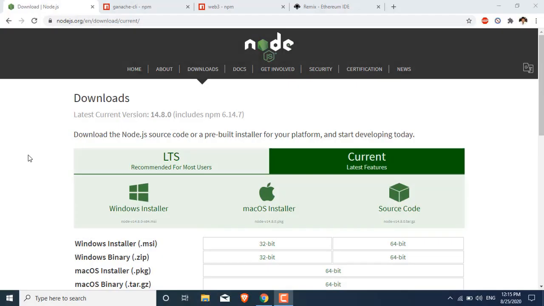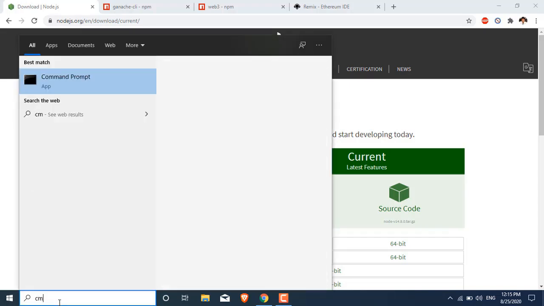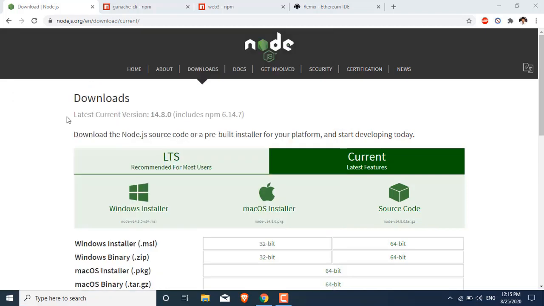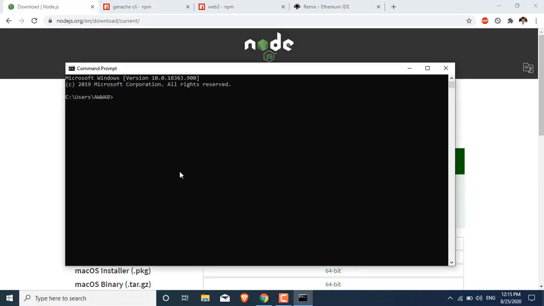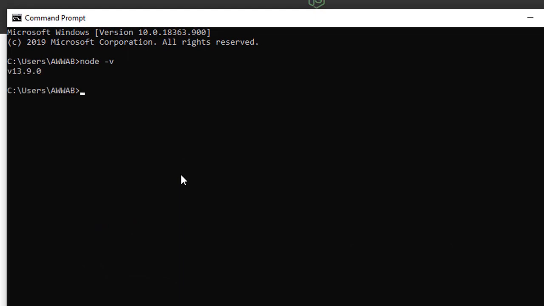So great, now we are going to make the web app which will interact with our Ethereum contract as we discussed before. To make sure that you have Node.js installed, you need to open the command prompt and write node -v. So as you can see, it shows me the version of node, and also npm -v.